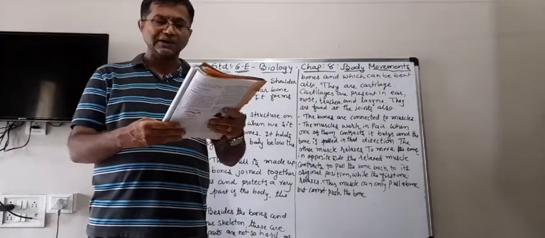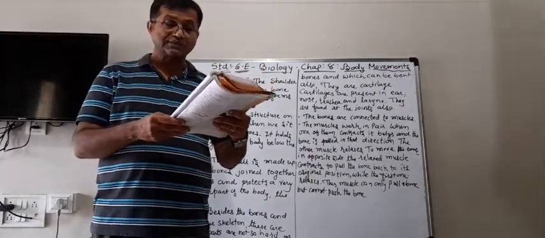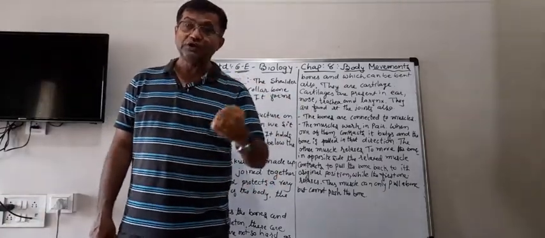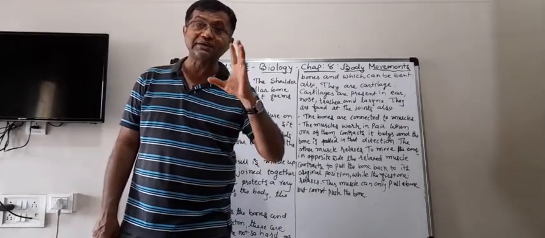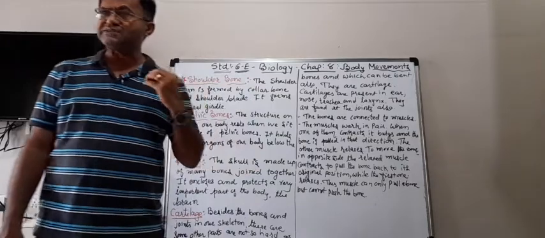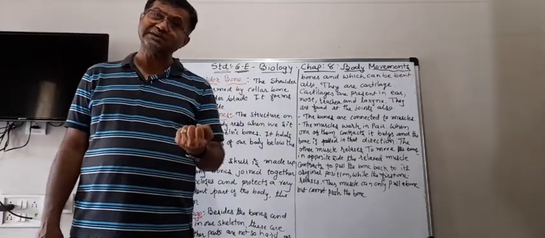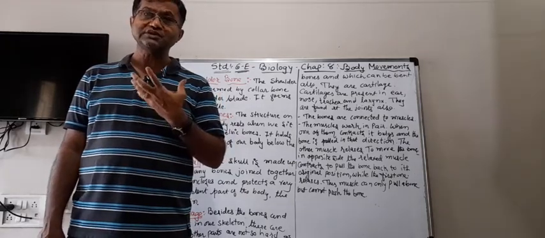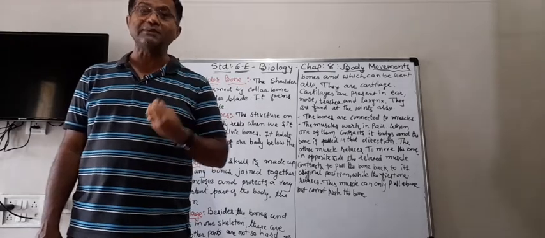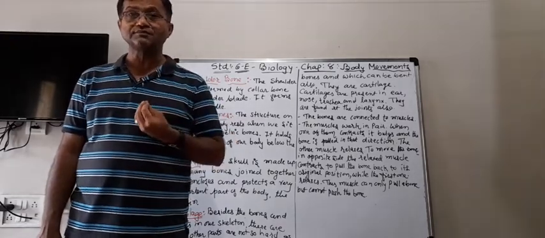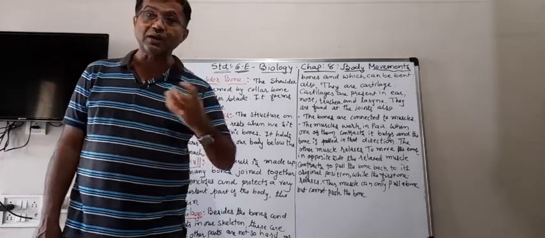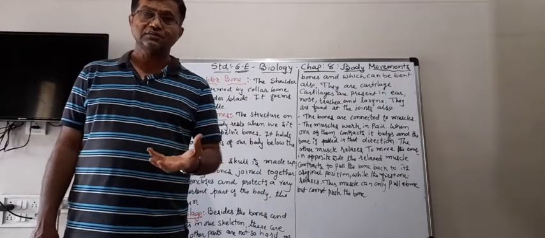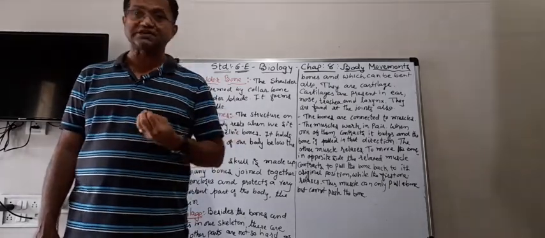So here we learned how the muscle works. It means that muscles and bones together make movement possible. But now, are muscles and bones always necessary for movement? Because we know that some animals do not have any bones. How are they doing the motion then? We will learn about that in the next session.